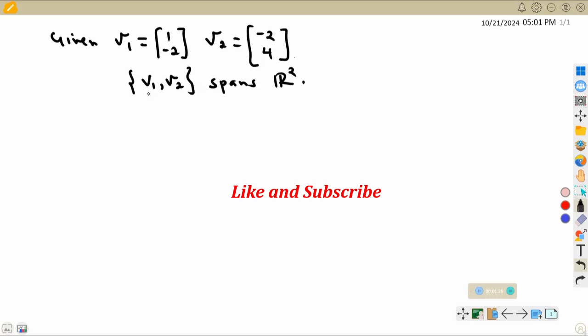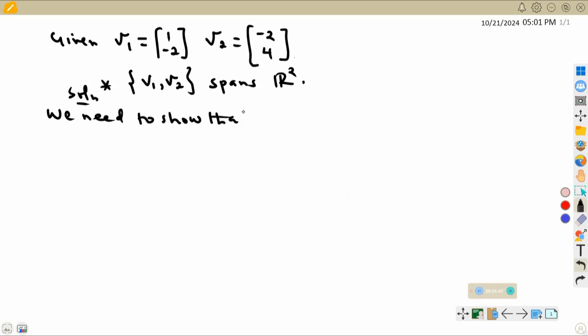If this set spans R2, then you must show that when you pick a vector from R2, which we can call vector V, in the form of xy, then we shall need